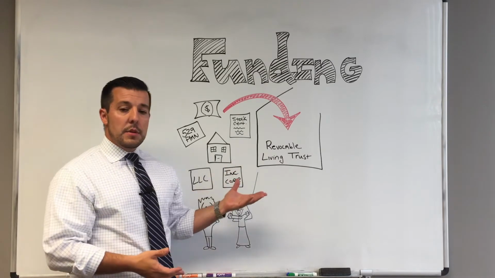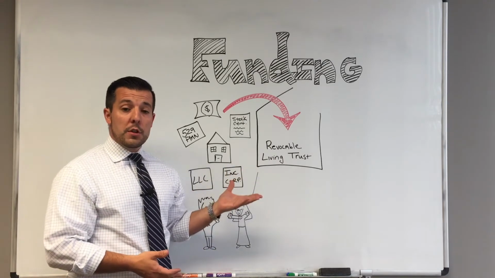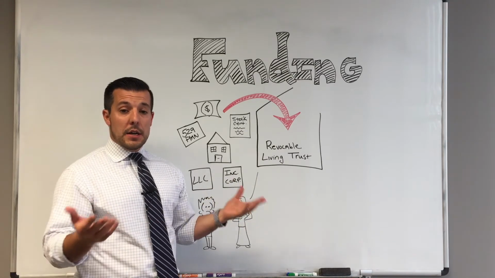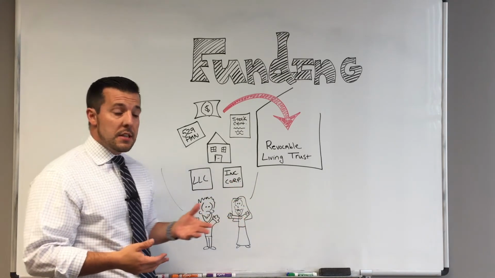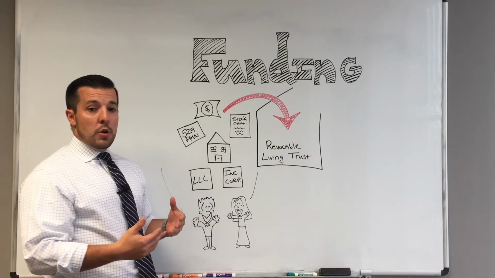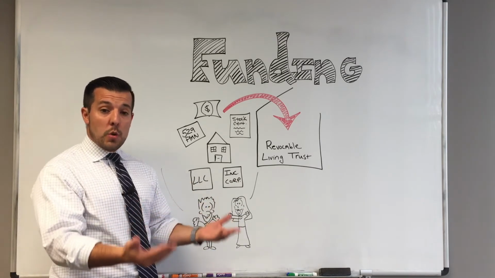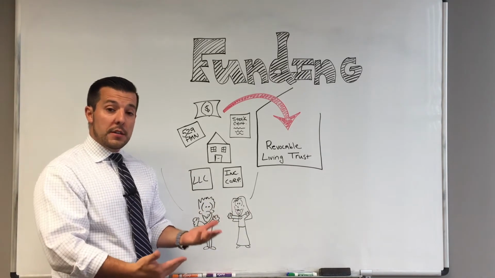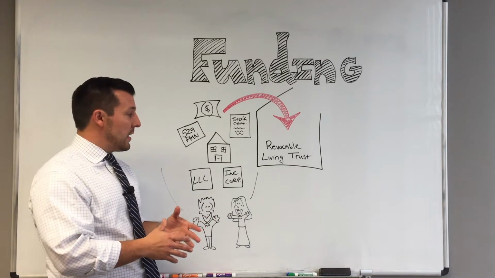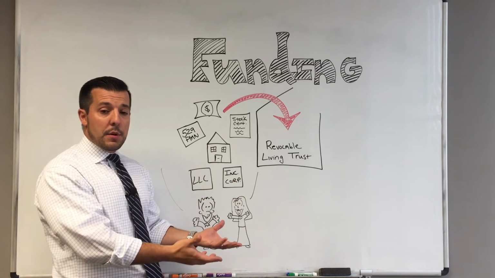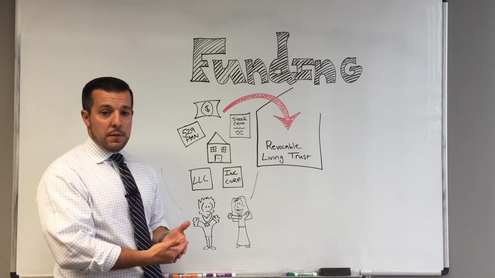When you create something like a revocable living trust, for example, what you're really doing is designing a box. And a revocable living trust is an open box. And in order to have things held in trust, we need to put items into this trust box. That process of taking things that you have on the outside of the box and putting them on the inside of the box, that is the process of funding.